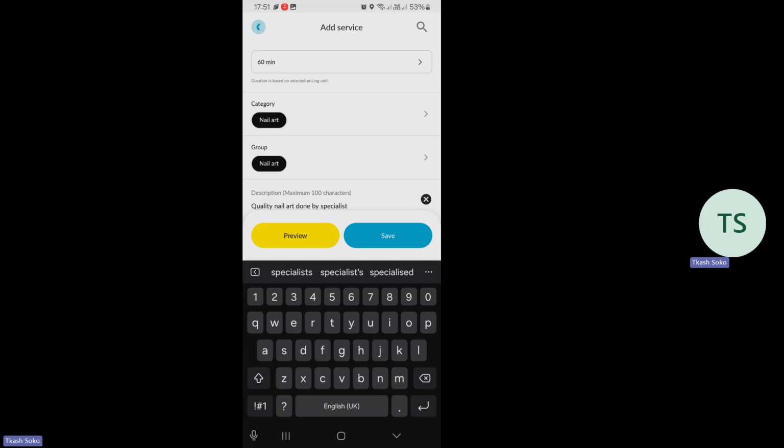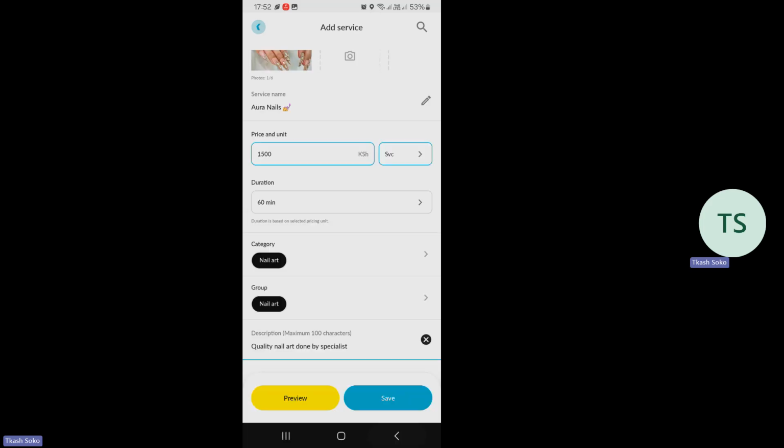So what does that mean? Najaribu kudescribe hii like kuipea vibe. So you describe that service in a way that it will attract the attention of your customers. So it's quality nail art done by specialist. So it's not done by anybody, but by specialist.